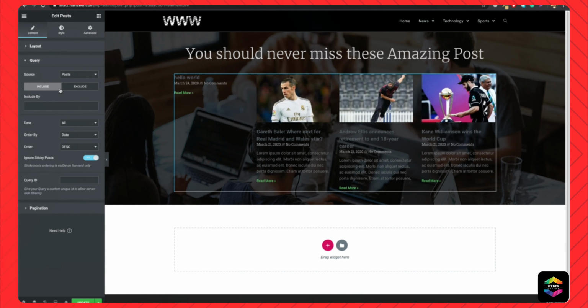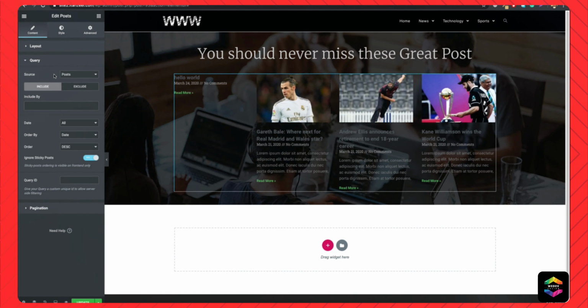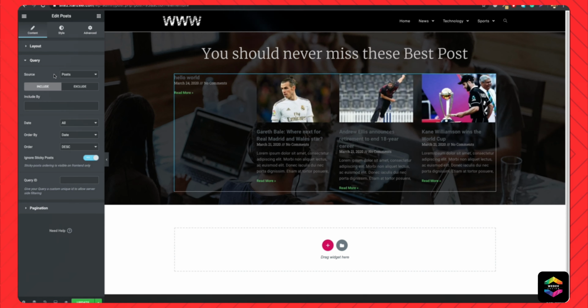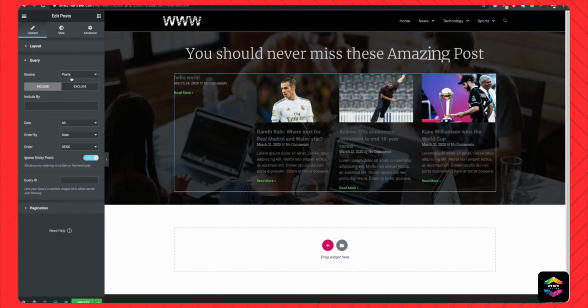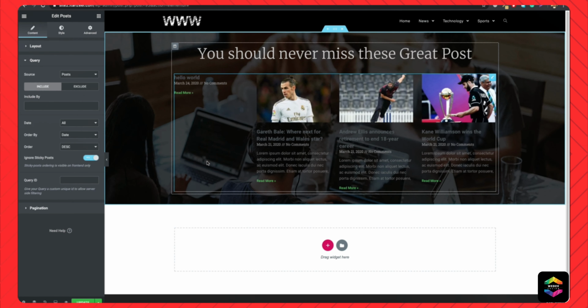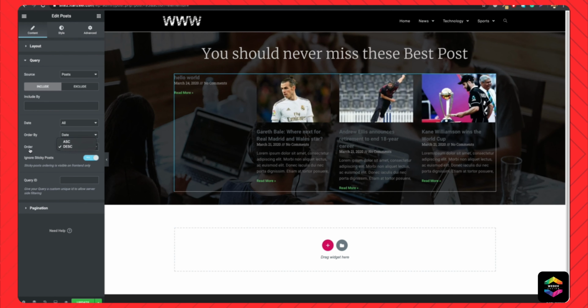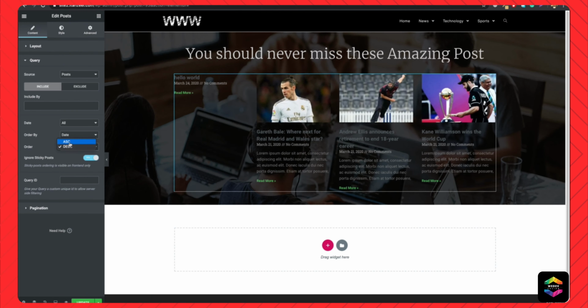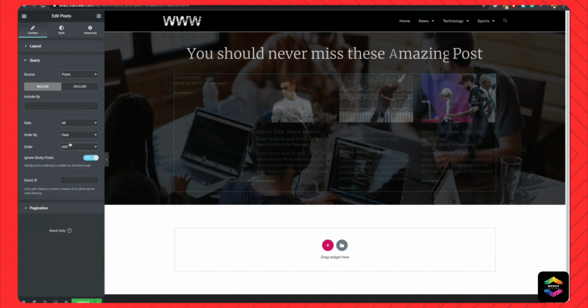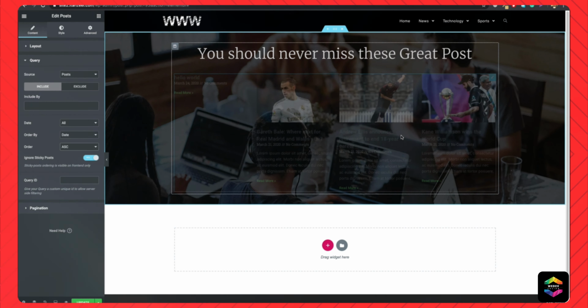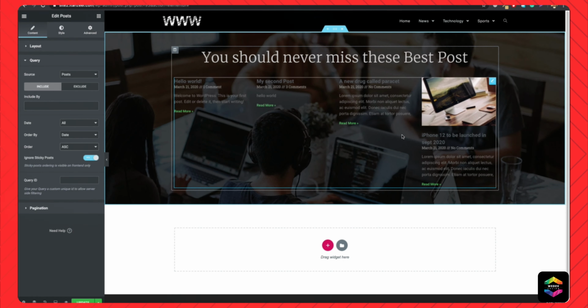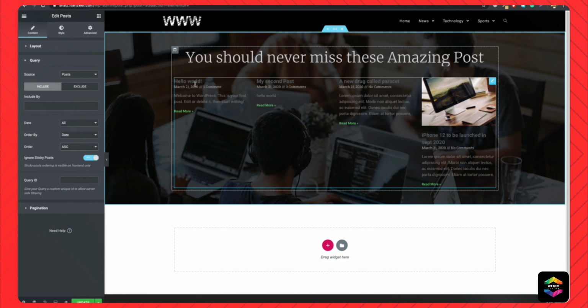We're going to be talking about the query. In the query, you're going to decide what you want to show over here. So here you can see that I'm telling it that I need the post. By the post, what I want to show is the latest post. So you can say that I need the order to be descending. If you need the most previous post, which means the first post when the website was created, then you can show it that way. So you can see the Hello World was our first ever post,